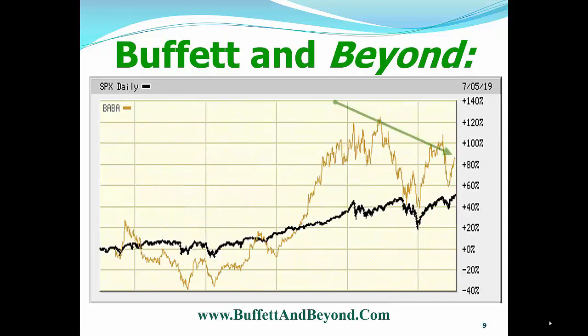Now, over 5 years, it's outperformed the S&P 500, with the S&P up about 50%. This stock is up about 90%, so almost doubled the S&P over the past 5 years, and most of that has come 2017. So 2017, 2018 were pretty good years for this stock, but in the last part of 2018, along with the U.S. stock market, it declined rather drastically, but finishing the 5 years out almost twice as high